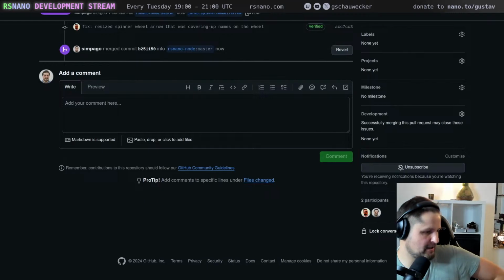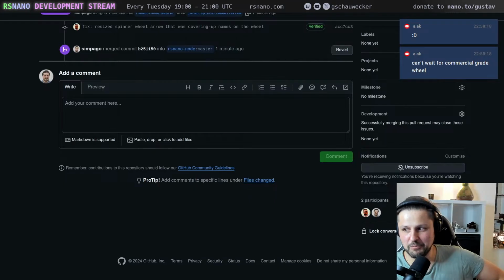Ben says, what do you think of an anti-spam tool trained on historical spam data, which could be placed at the front of the Nano node? I've been thinking about a tool like this for a while now. Will it be performant? That is the question.